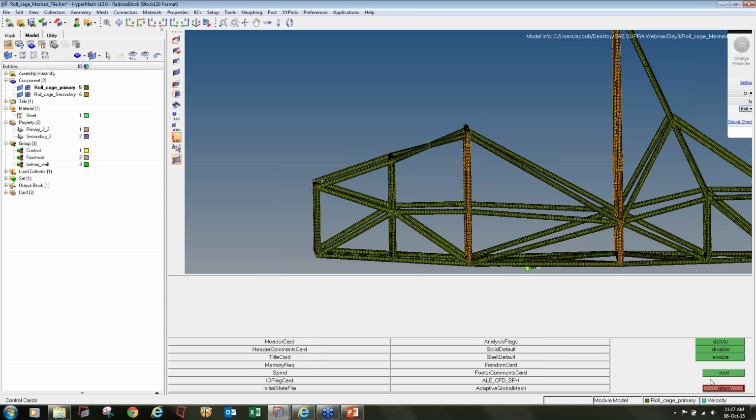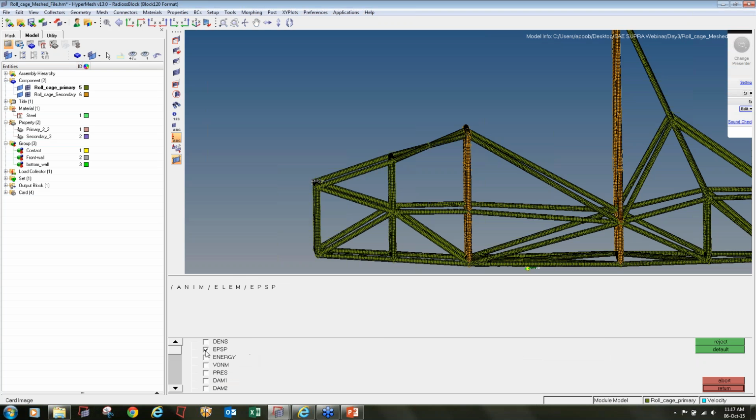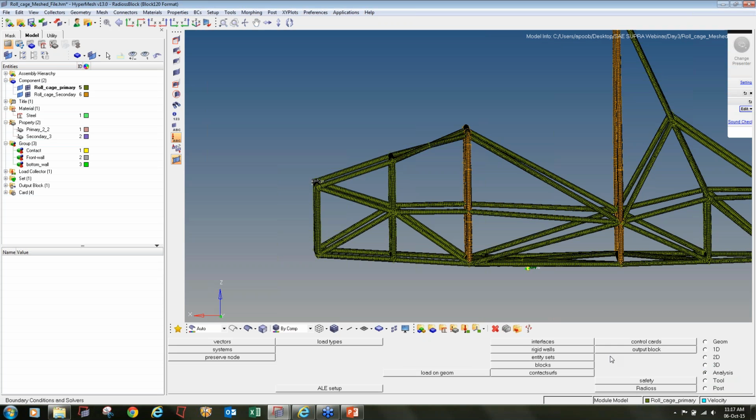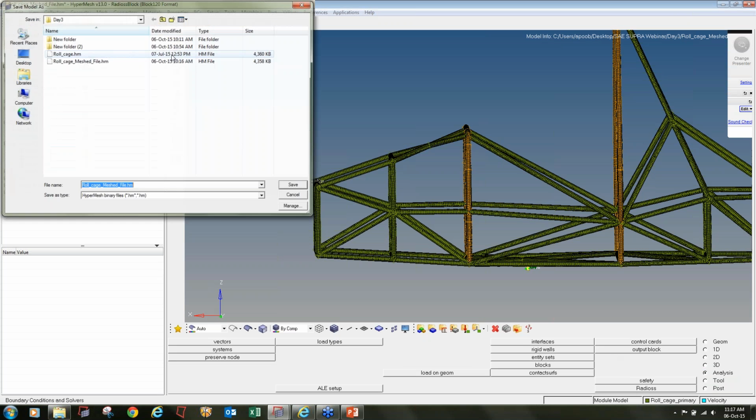So I will go to engine animation element, check the box in front of EPSP, that is plastic strain, Von Mises stress, and hourglass. So these are some cards required to perform the dynamic analysis. Now I will save this file,